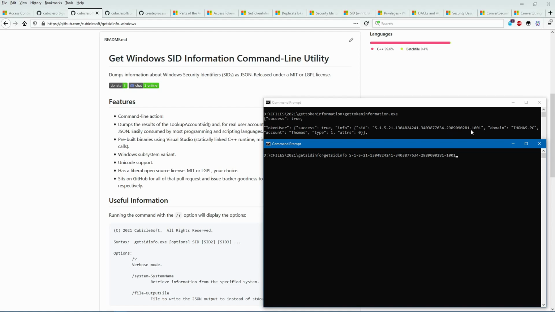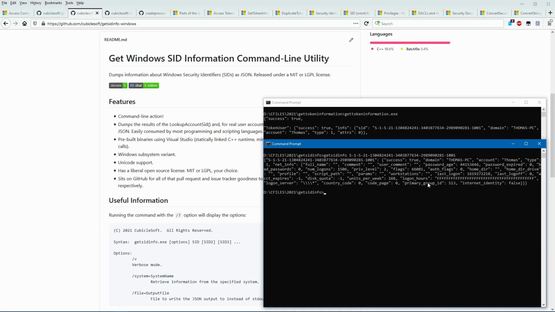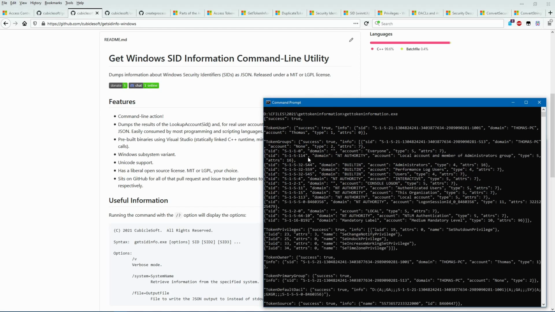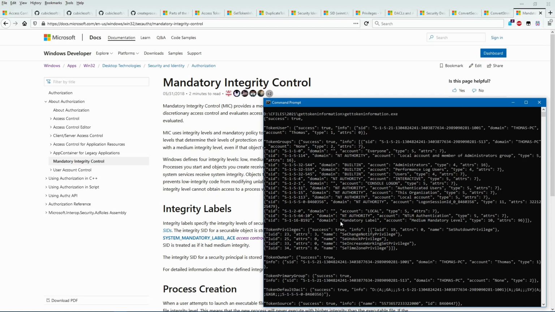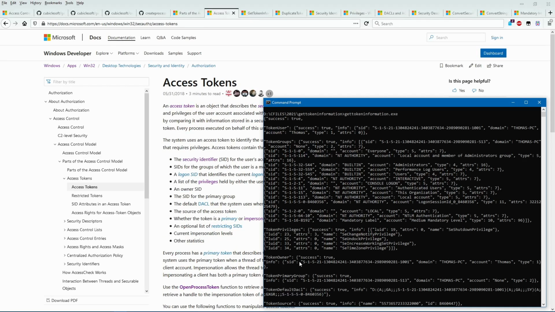For real user accounts, additional information can be obtained using the CubicleSoft GetSIDInfo tool that also dumps detailed information as JSON. We can also see which group SIDs and attributes are available in this token, the integrity level that the process is running as based on one of its group SIDs, and both the owner SID and the primary group SID of the process token.